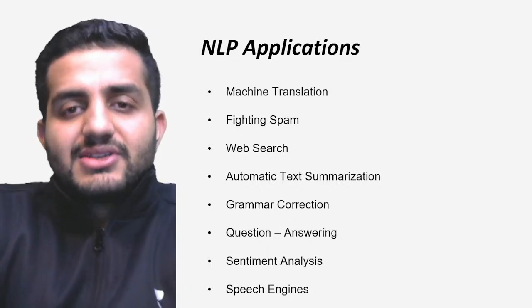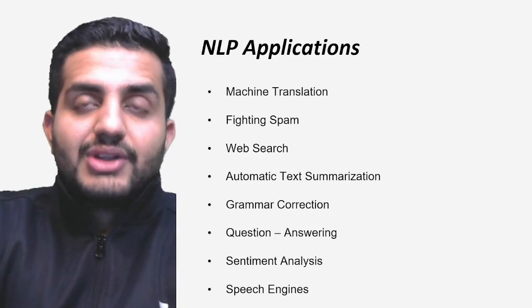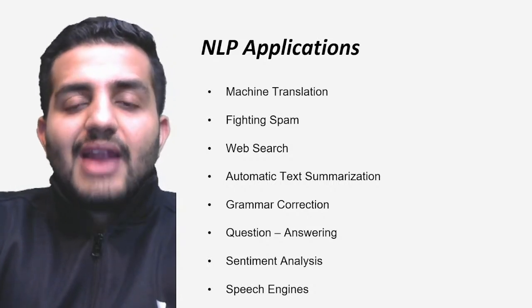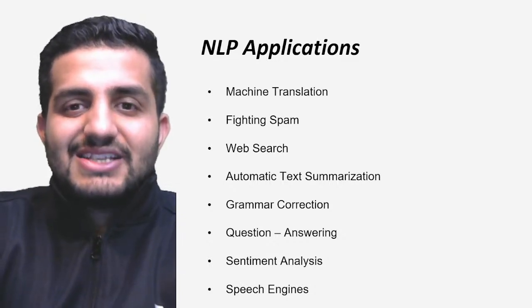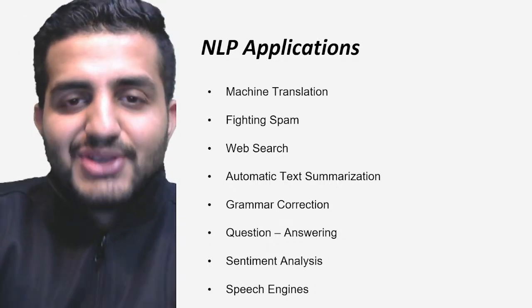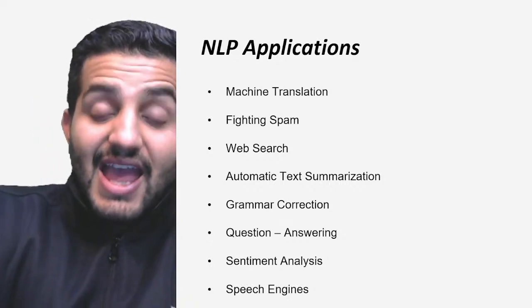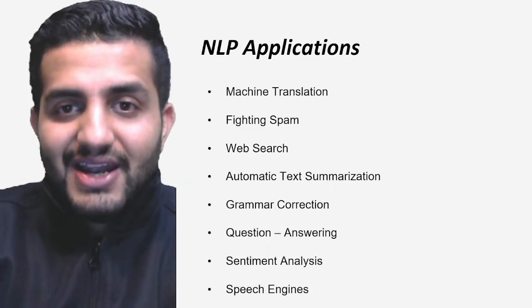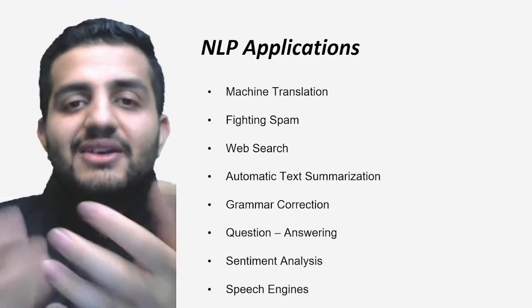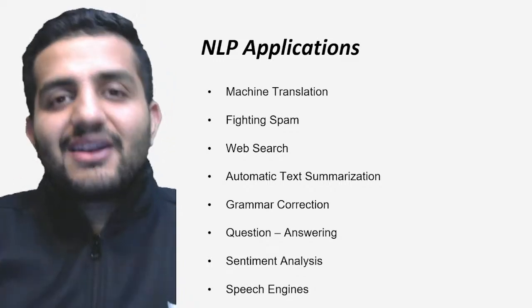So interesting things could be like machine translations. Translations are very important. Now if I have one language and I have to translate the things into another language, basically it's the machine which is doing it for you, right? For that, the machine has to first understand the first language and then convert that language into the language you want it to be, right? And that translation also is being done by machine. So पहले machine को समझना तो पड़ेगा वो क्या है, how the machine can translate it, right?